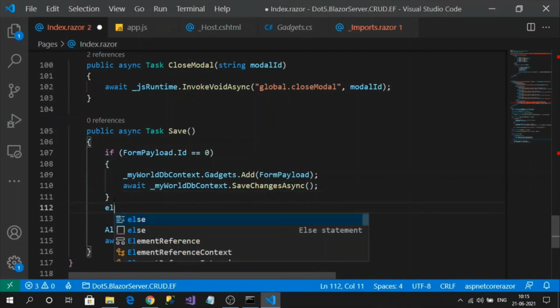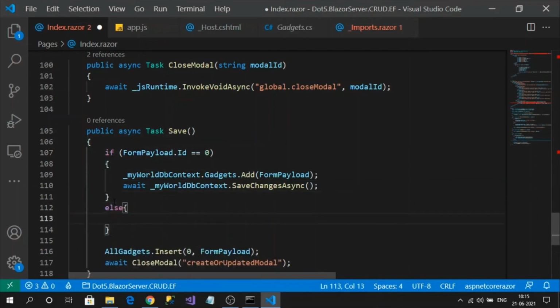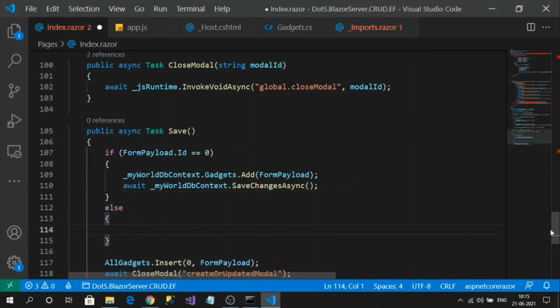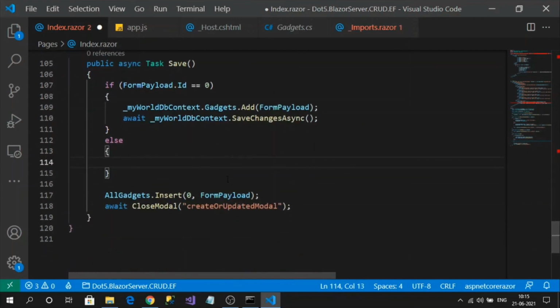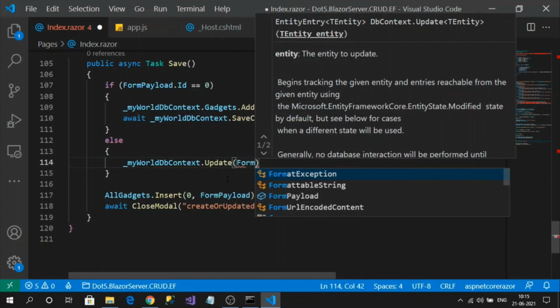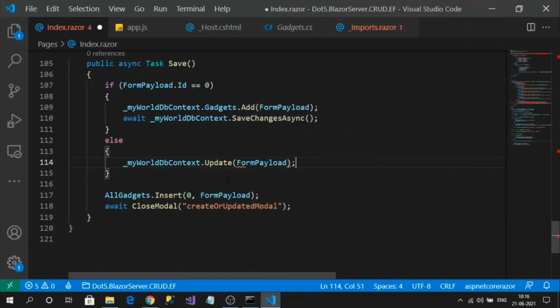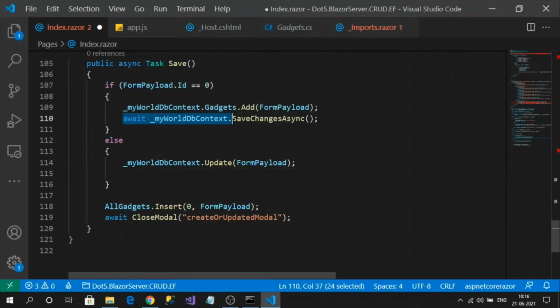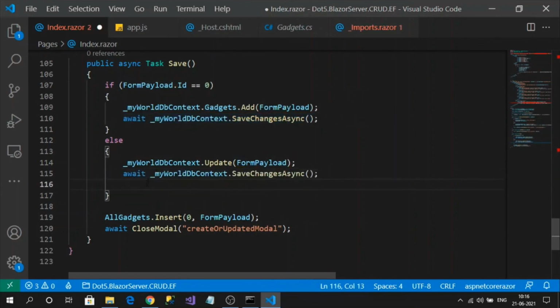Okay, else means update. So for update, what I will do is update my old DB context dot gadget. I can use the update method directly on context and pass form data, and call save changes. And here I need to remove the old data from all gadgets.